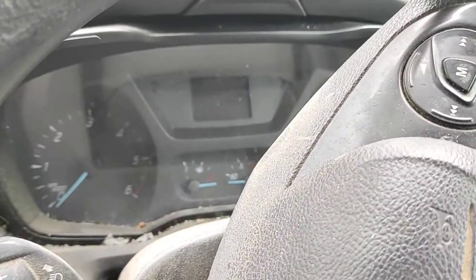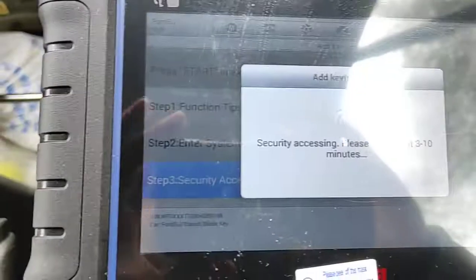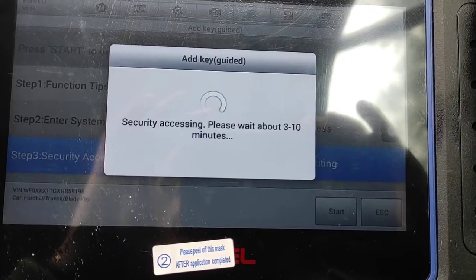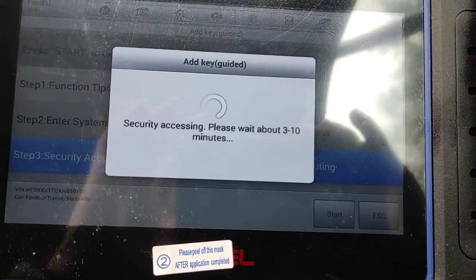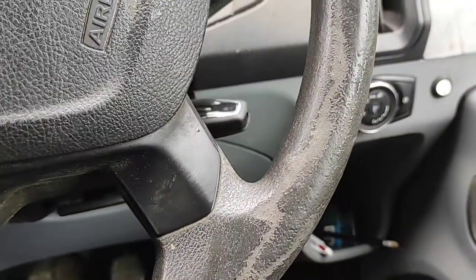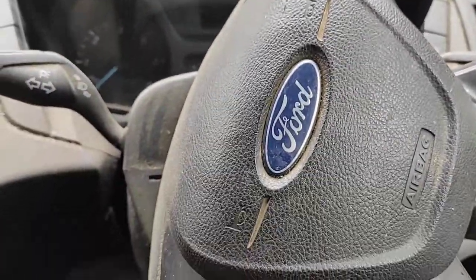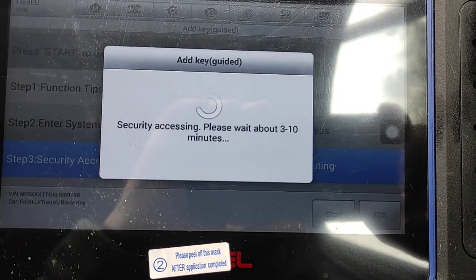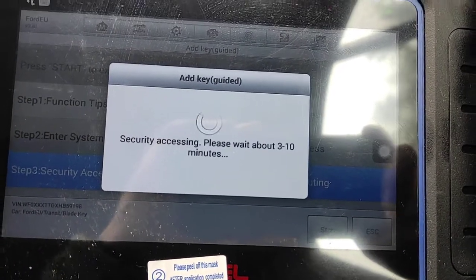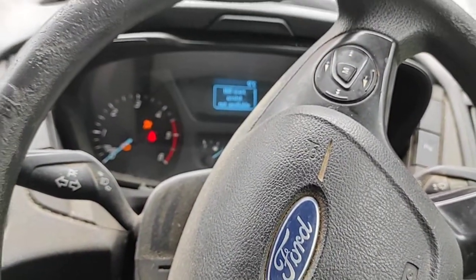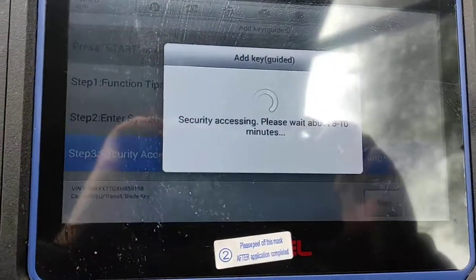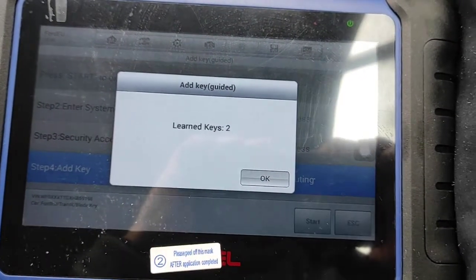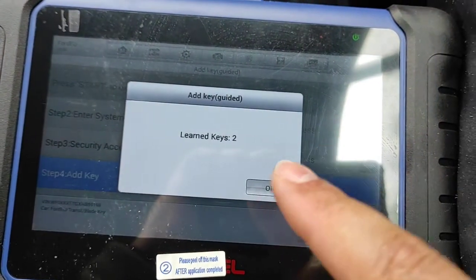And the ignition's gone off. It's gone blank, as it works out the PIN code. So it's got to work out the PIN code so it can add the unauthorized key, which is in the ignition currently, into the immobilizer. The ignition's just come back on itself. That's it, succeeded. It says keys learnt currently is 2, so we want that to go from 2 to 3,